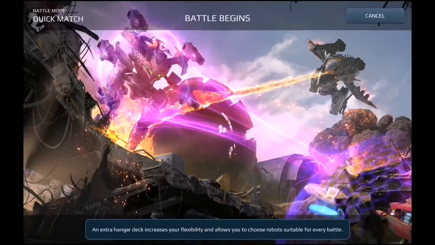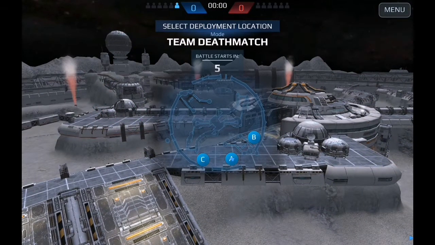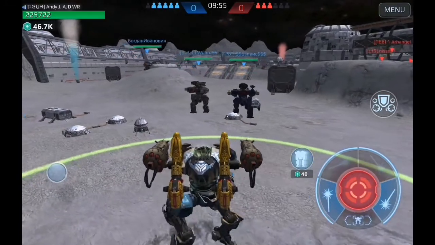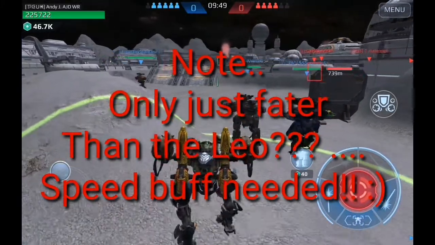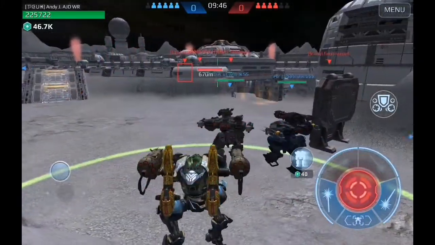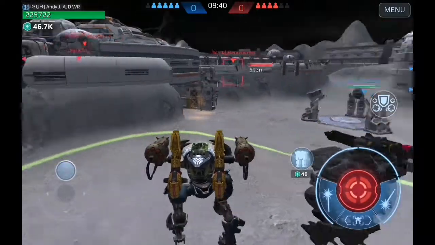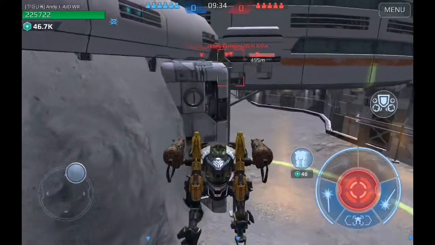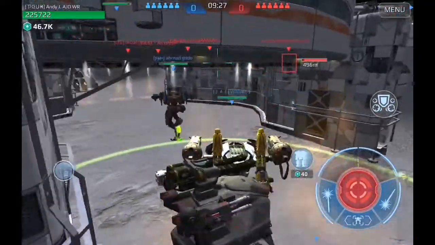Here we go then. So we're dropping into a match. Got all the boosters running. TDM on here, so yeah, I'll see where everyone drops, and I'll drop straight in with the tier, I think. And right, I'm going to go in A because it seems like that's where the most people are coming in. So follow everybody. Follow these guys, and